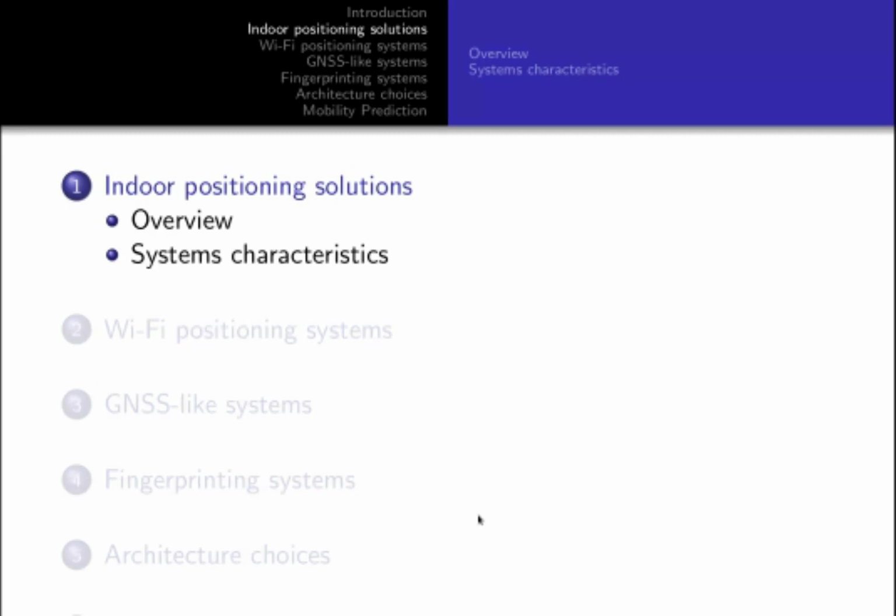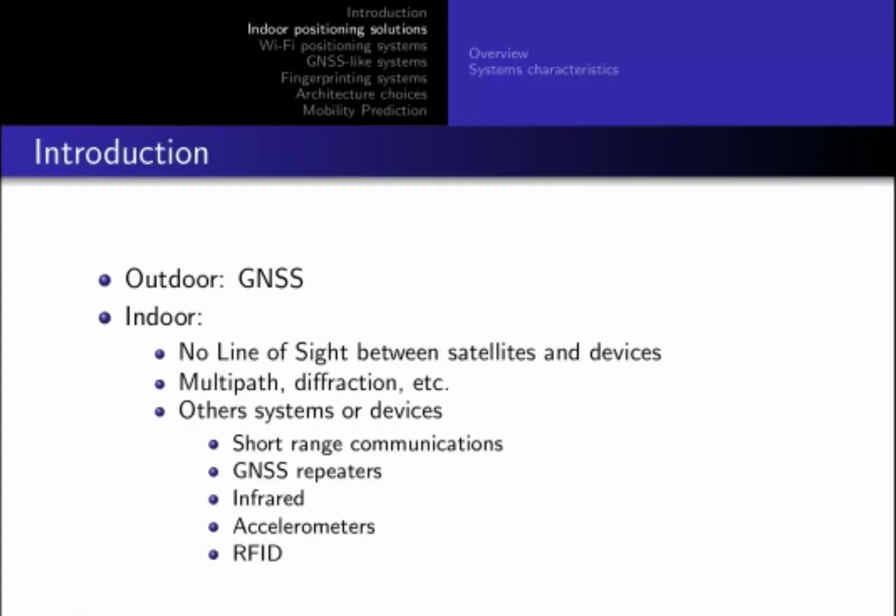So the first part is about generalities on indoor positioning solutions. As I said, outdoors you have the GPS, while indoors you have no line of sight between your mobile device and the satellite due to multipath, diffractions and so on. So you have to rely on other systems or devices, such as short-range communications, GNSS repeaters, infrared devices, accelerometers or